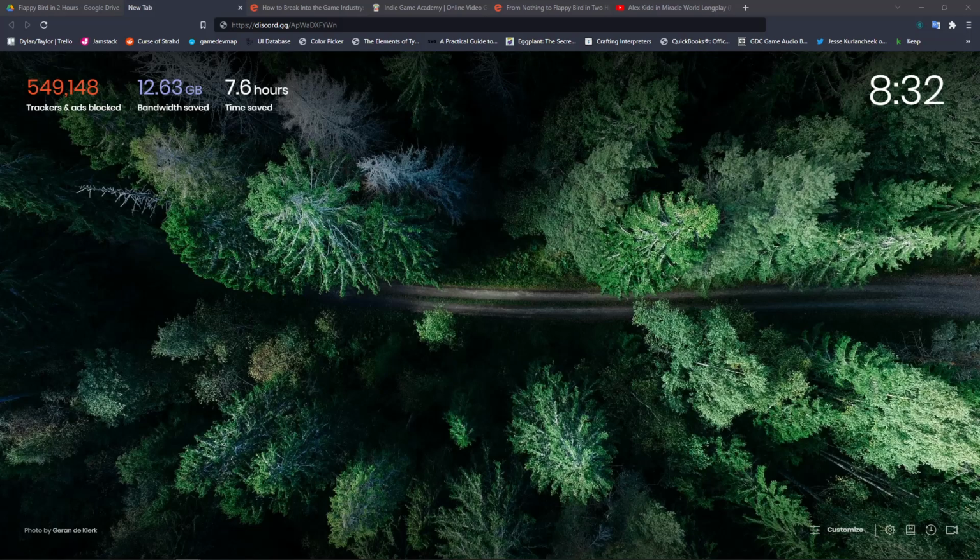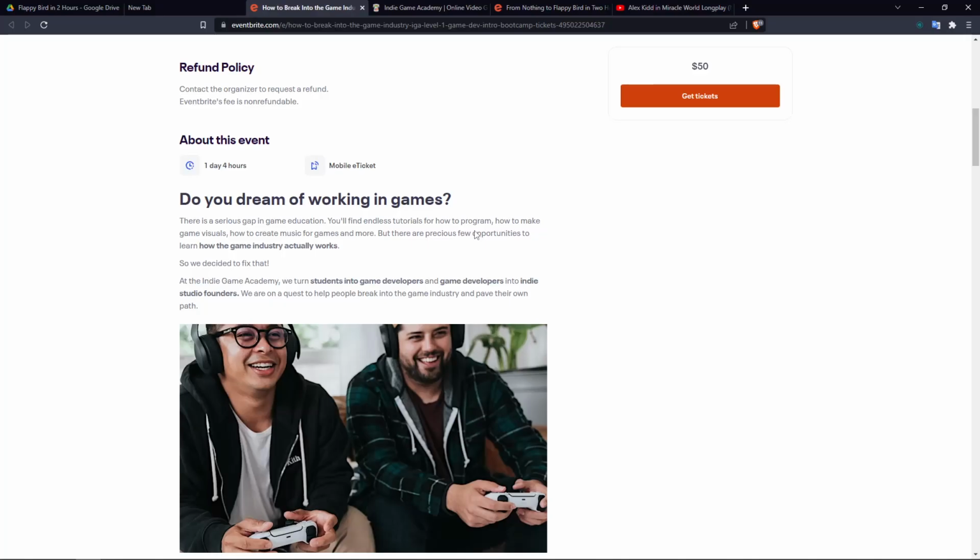So this level 1 program is our first way of doing this. It's a weekend boot camp where you build a game in a single weekend, and I guess it's kind of like the game jam coming up, just more focused on actual instructing. So we'll be making a tower defense game that weekend, which is really cool. We actually just created this class, and it goes over a whole bunch of stuff.